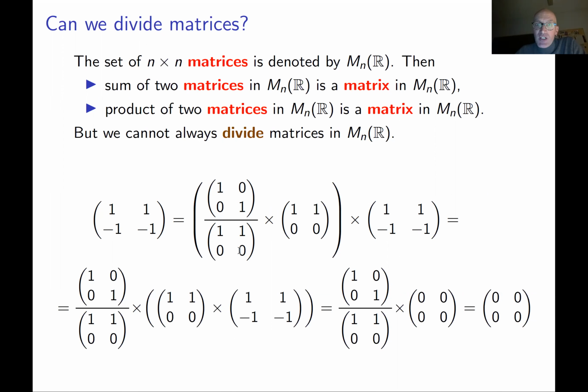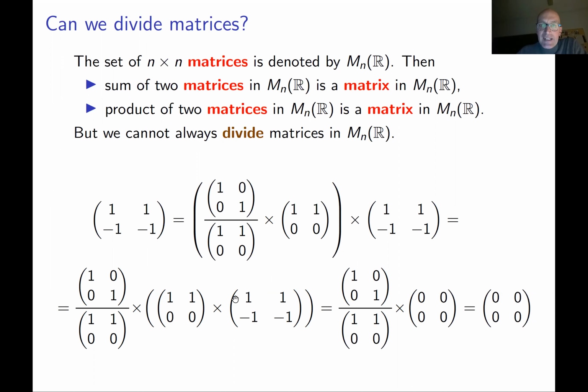On the other hand, we already proved that multiplication of matrices is an associative operation. So I can put these brackets in a different order, here and here. Then I can rewrite the same product like this. And then I know how to compute these two matrices, I can just compute them. And suddenly I observe that if I multiply this matrix and this matrix, I get the zero matrix. You can check for yourself.